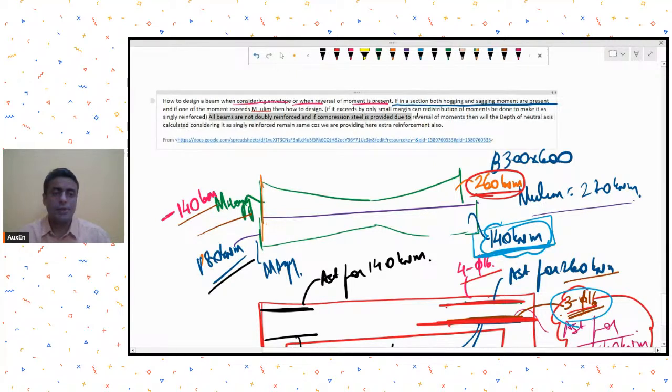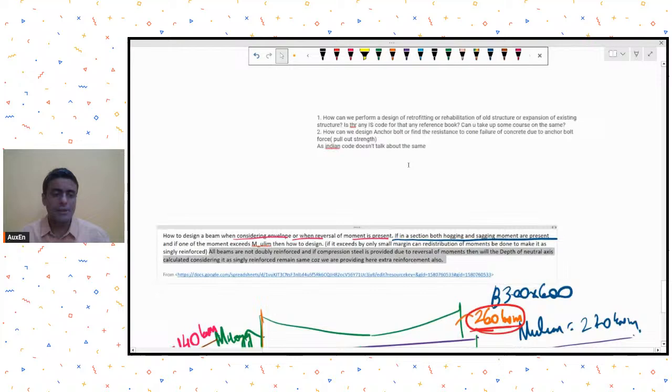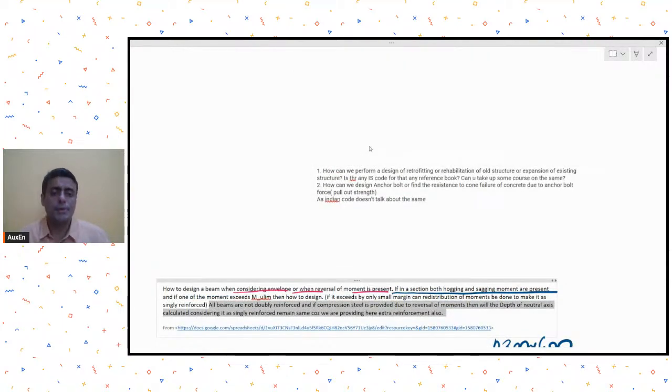All beams are not doubly reinforced, and if compression steel is provided due to reversal, I think we have answered. So I hope his question got answered. Very good. So this is a challenge we quite often face, and I must add one thing over here,